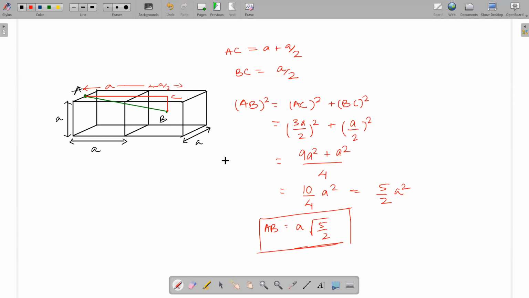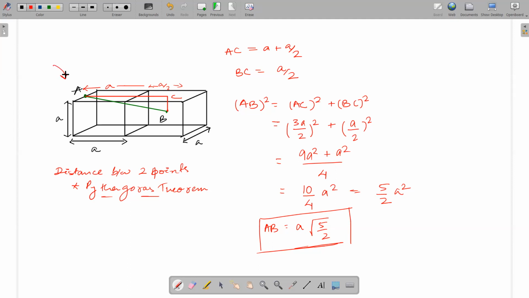Okay, so it may look a bit tough, but all of these have the same principle. Whenever you have to find the distance between 2 points, always think about a right angle triangle. Or rather, I would say Pythagoras theorem. Whenever you have to find distance between 2 points, use the Pythagoras theorem.